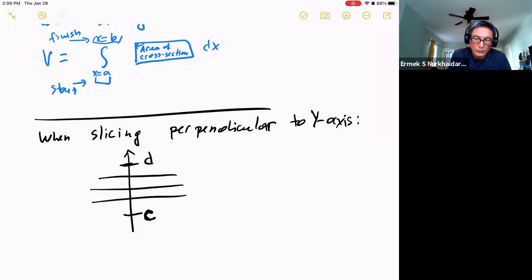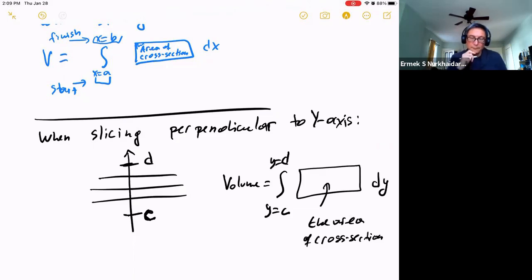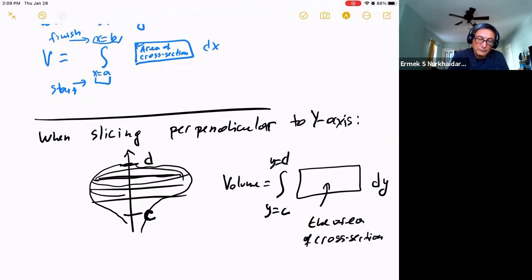So the volume is going to equal the integral. We start at y equals c, we finish at y equals d. Because we slice the y-axis, we're going to get dy. And here it's still going to be the area of the cross section. Not sure how the cross section is going to look. We're going to get something